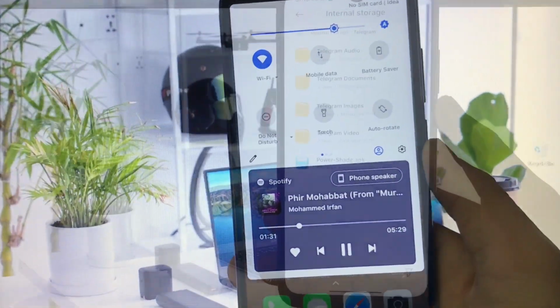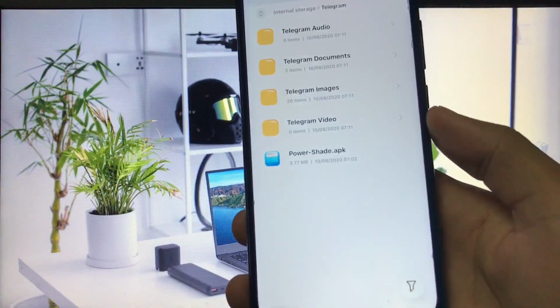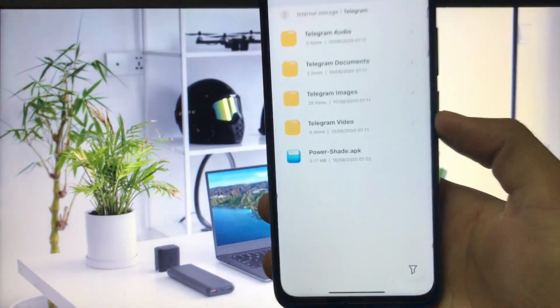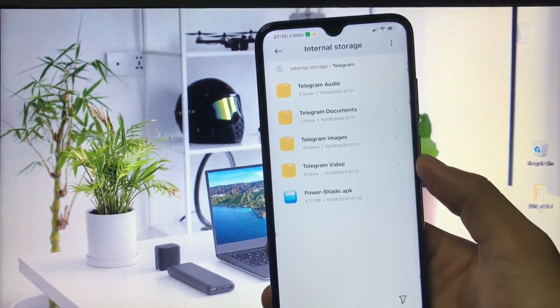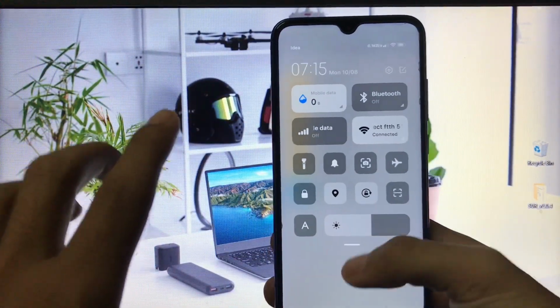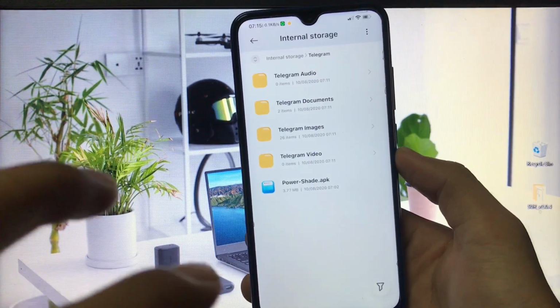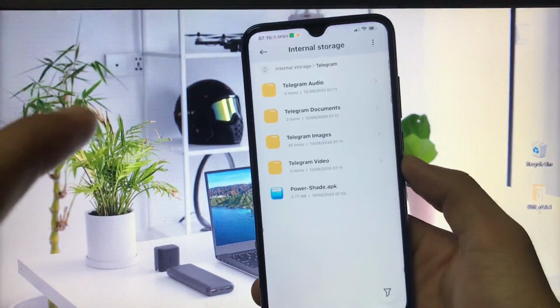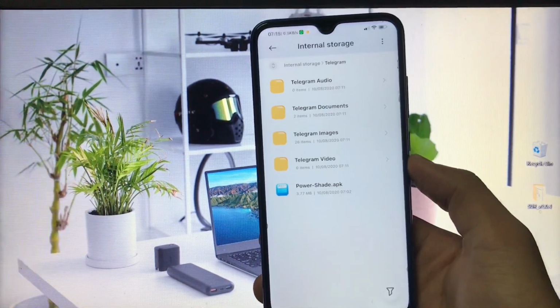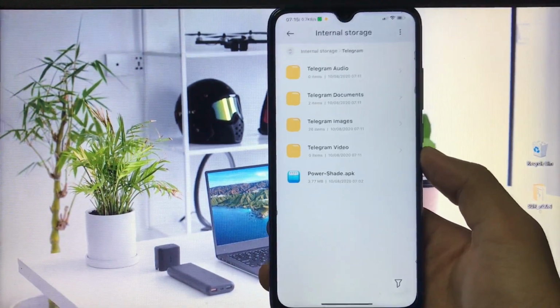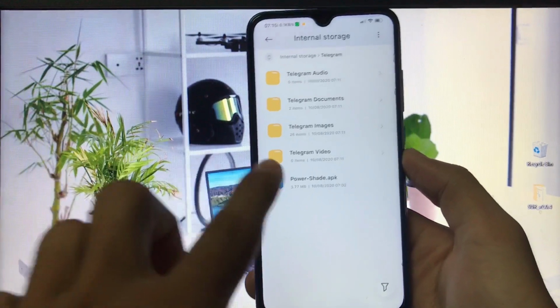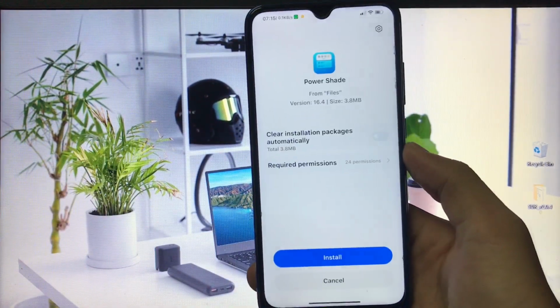So guys, the name of this Android app is PowerShade APK, so you already know what this app can do. This app just replaces your default notification drawer with a custom one where you can change the layout and a lot more things. And now in this update you get the Android 11 notification shade, which you can simply customize. Just download this APK file. I'll provide you the link in the description.